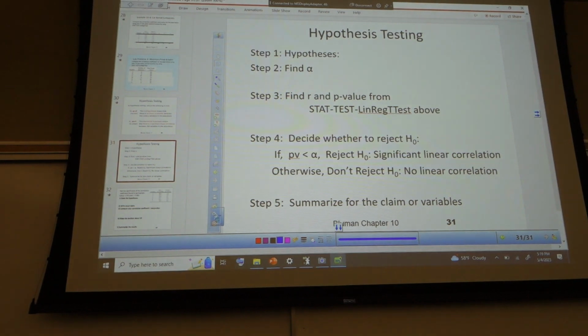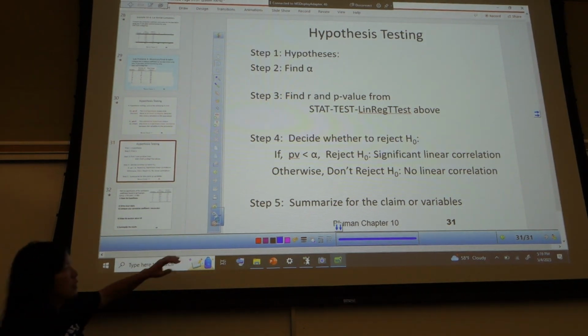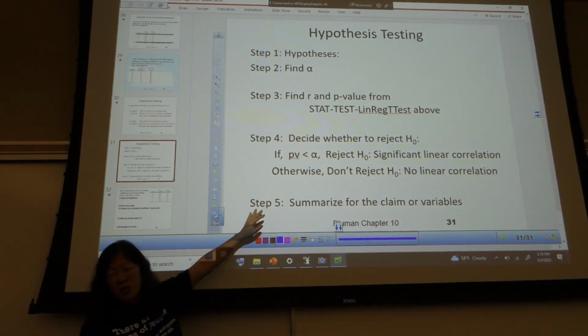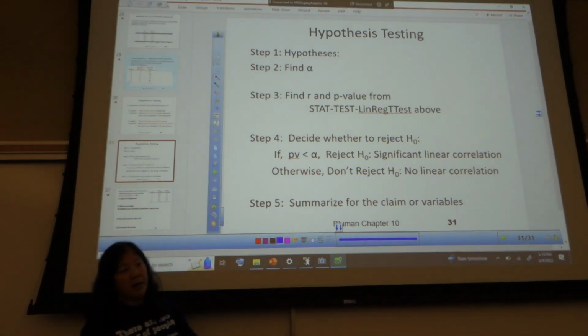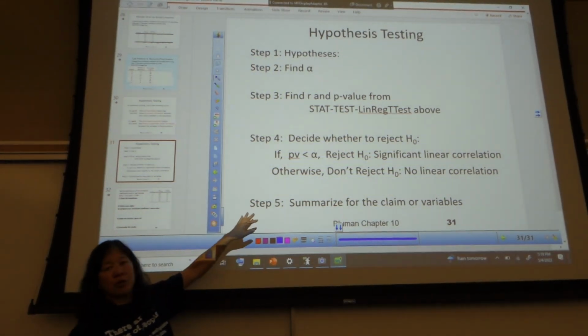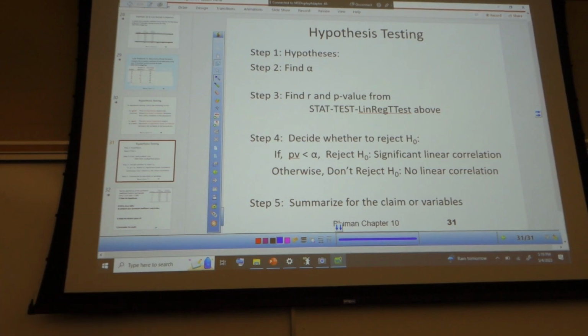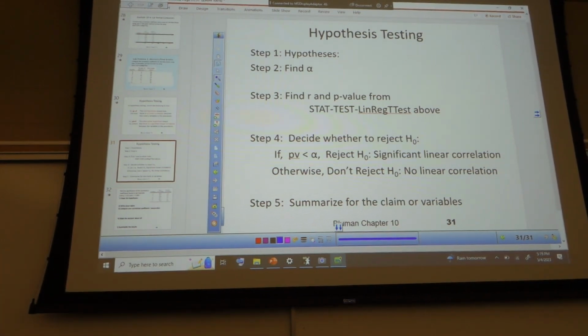And then finally, summarize for the claim of the variables. So if there's a claim, then we go just like it's been going in the past. If there isn't a claim, I'll show you what to do, because our examples today will not have a claim. So I will just demonstrate for you folks how to do that one